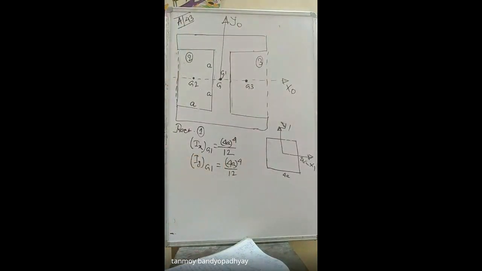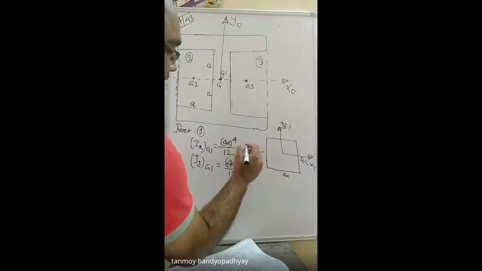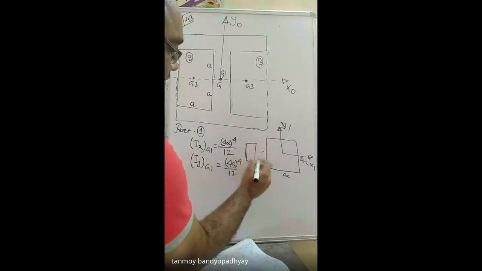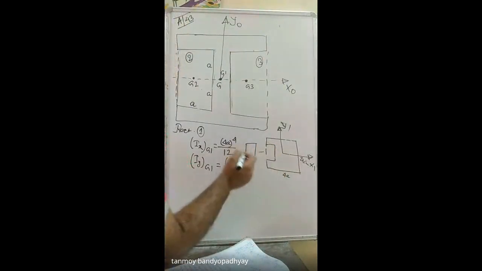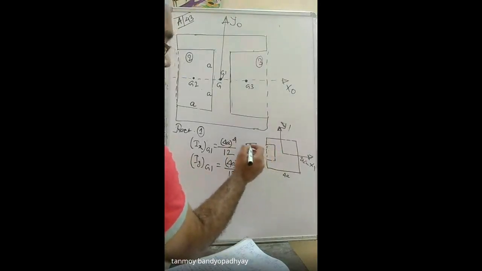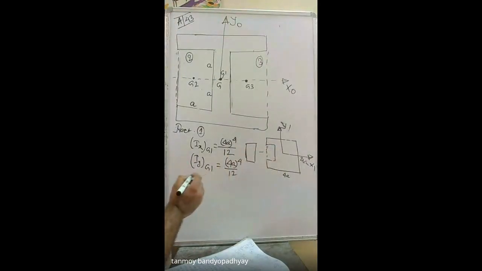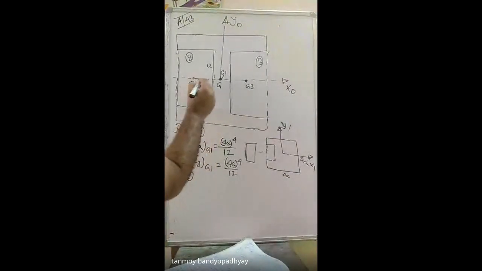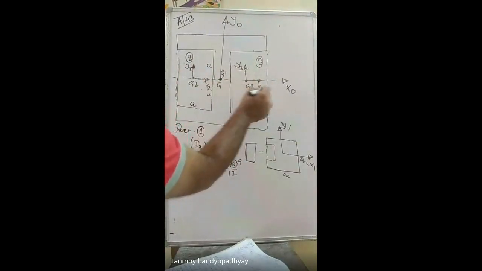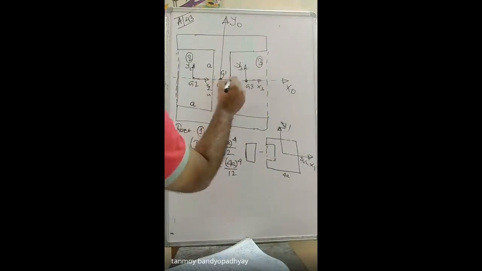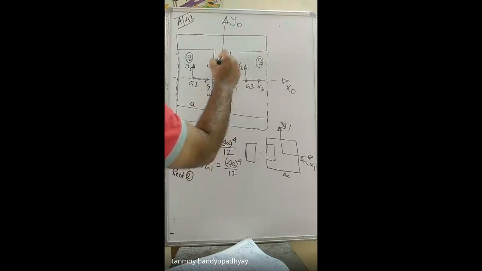Okay, now what is being subtracted from this? A rectangle this size is getting subtracted. This portion is cut off and removed, so this rectangle is actually getting subtracted from this one. So for rectangle 2, I am drawing its own axis system. Let this be x1, let this be x2, let this be y2, let this be x3, let this be y3. Now you can understand that x2, x3 and x1 are coincident with x0. So let this be the local system x1 y1.